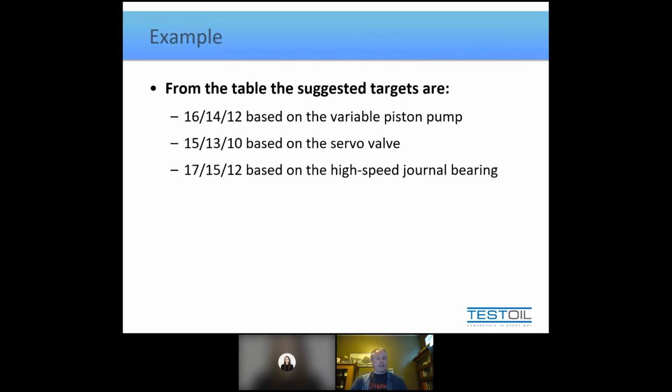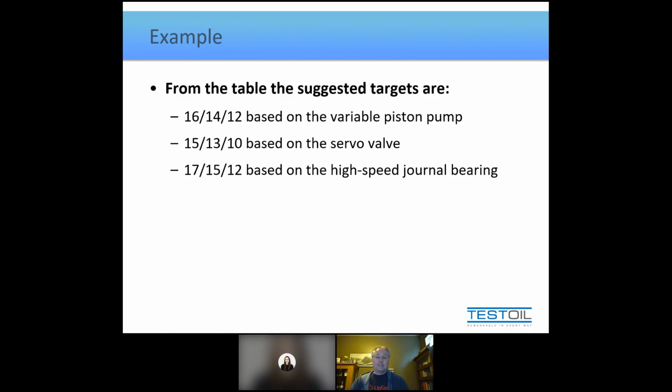And here's your important takeaway. You don't set the cleanliness of the system based on the type of machine, right? People often ask me that question, what should be the target for my gearboxes compared to what should be the target for my compressors? And they often show some confusion when I say, well, they should be the same. And they go, well, why? You know, a compressor has a filtration system. Compressors are generally known to run clean. Gearboxes, on the other hand, don't always have filtration systems on them. They're known to be open to the atmosphere, and they're frequently accepted as being dirtier.